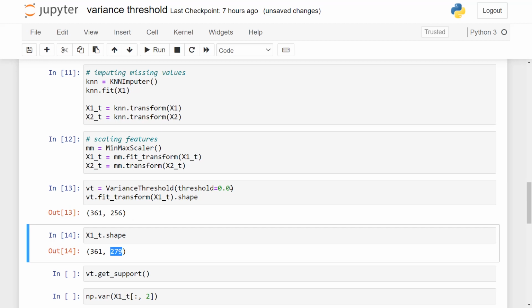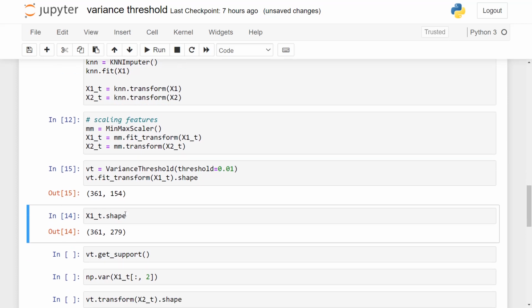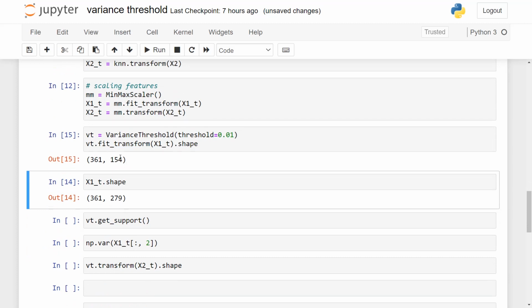And if we get a little more aggressive and keep a threshold of 0.01, then we'll be left with 154 columns. So we are weeding out 125 quasi-constant and constant columns, right? So this is now a much better, much leaner dataset.